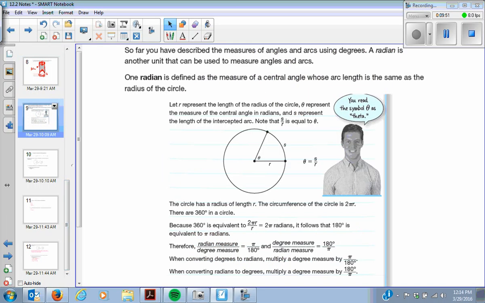All right. So far, we have described the measures of angles and arcs using degrees. A radian is another unit that